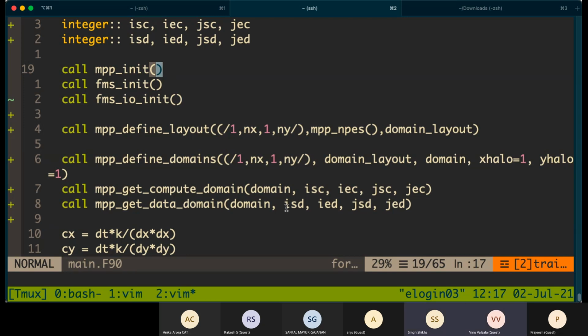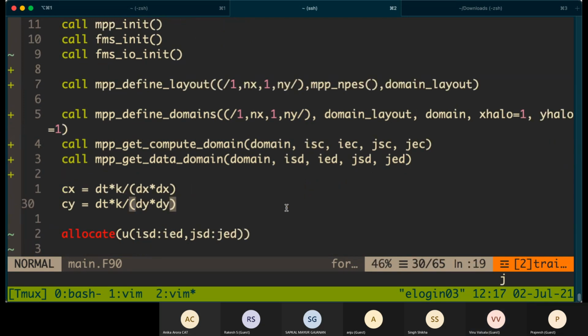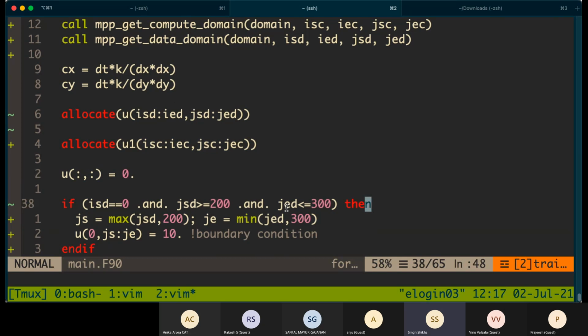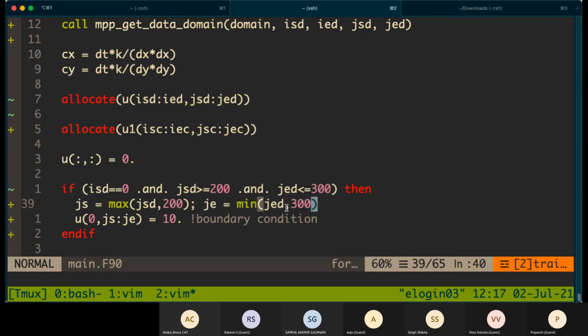Okay. I think Shikha, you can control that using the same thing he controlled the boundary condition. Same way you can control inside the loop. So basically, what you can control is not related to which processor, but related to which part of the domain you want to control. So identify that. That will identify the processor automatically. Here, this if statement will work only in those processors where this is true. So that's how I am identifying those processors only.